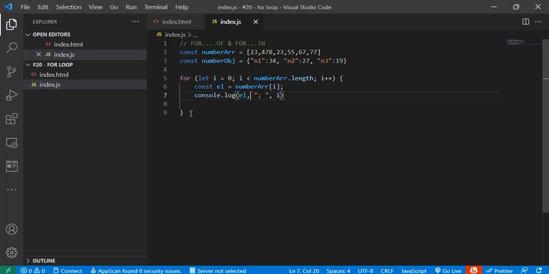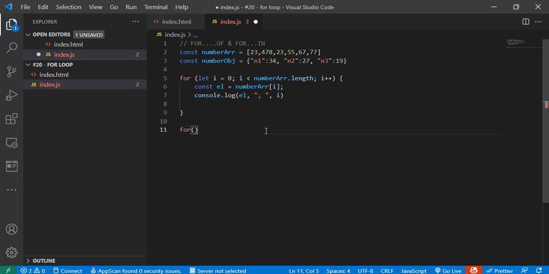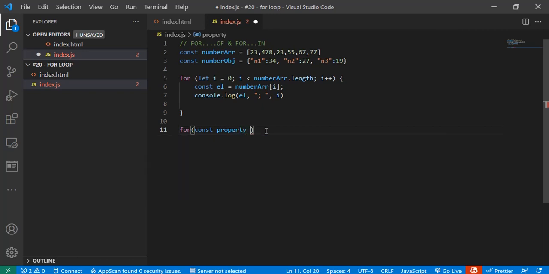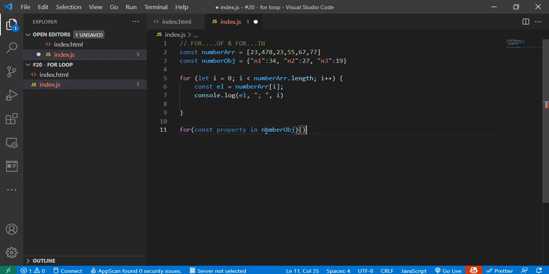Okay, now there's another thing which is for in. As you can see, it is here, but let us create that. For const property, it is used to loop through an object. I have not mentioned how to loop through an object before. So it is used to loop through an object, number obj. So we want to loop through the object. So for const property in number obj,